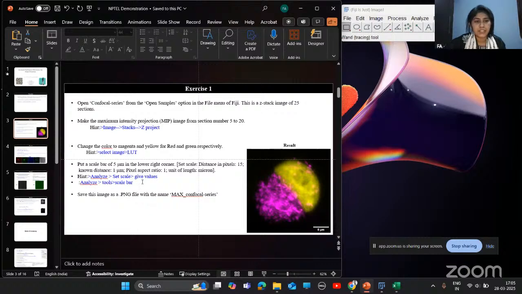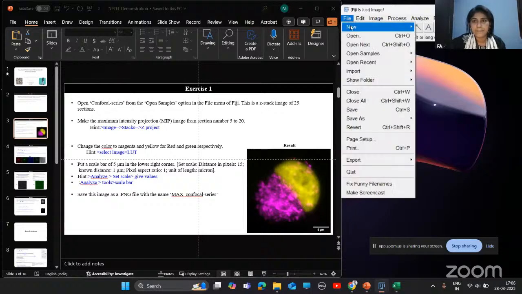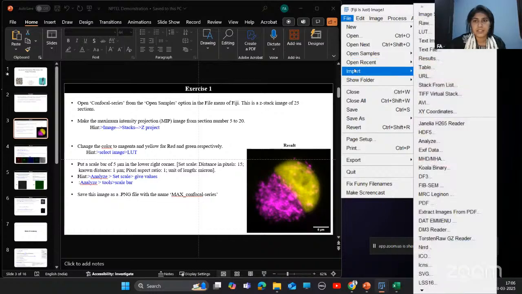Before that, you need to do set scaling, and your final image will look like this. Okay, so I'll start with opening this confocal series image, and you can follow all these steps. You can do it with me.